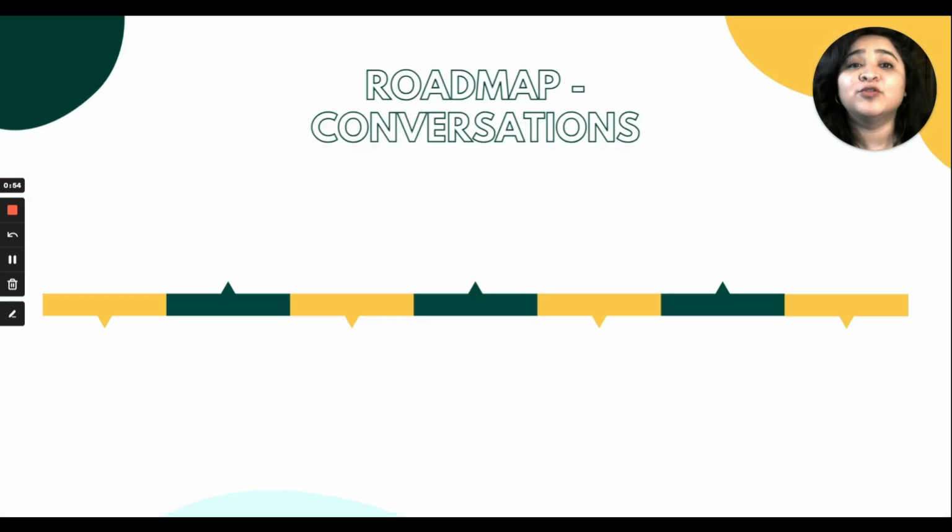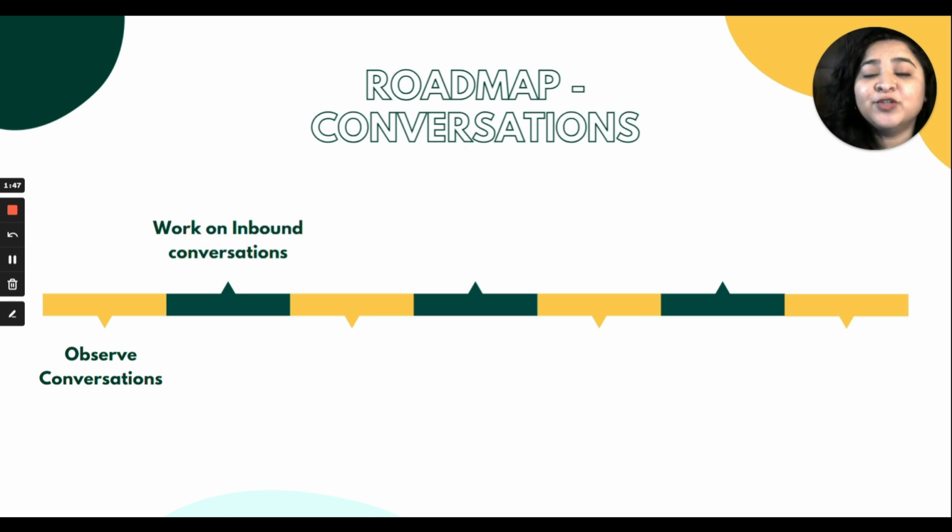The first thing is a roadmap on how to have better conversations. If you're struggling with conversations itself, then this is a good place for you to start. One of the first things that you can do is an observing activity, where you observe conversations that people have. It could be movies, books, other people, or your own conversations. Observe how they have started, built, and ended.